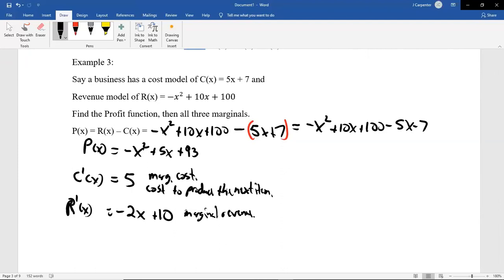And then the marginal profit. That's the derivative of the profit function, which was this thing. That would be negative 2x plus 5. The derivative of the negative x squared gives us the negative 2x. The derivative of 5x is 5. The derivative of 93 is 0. So this is the marginal profit,